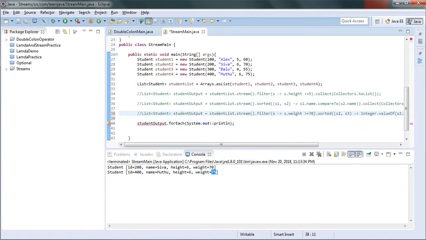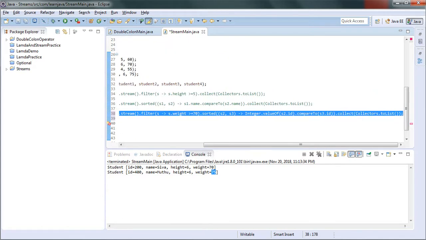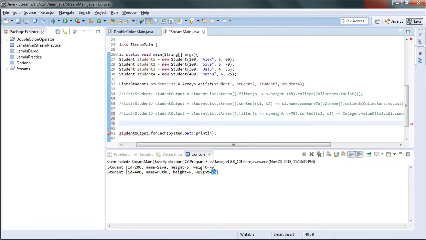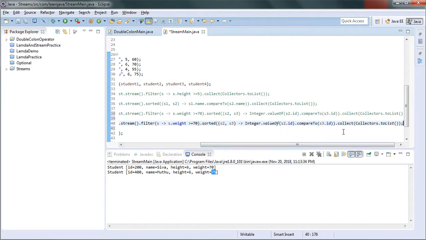So map is one of the intermediate functions, and what map allows us to do is convert an object from one form to another form, or create a new result. We can see that with the same example. Here, before collecting it, let's say that I just want to find only the student name. I don't want any other information. I just need only student names whose weight is 70 or higher,